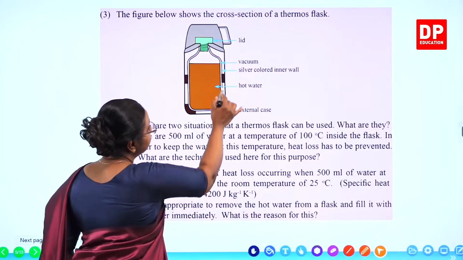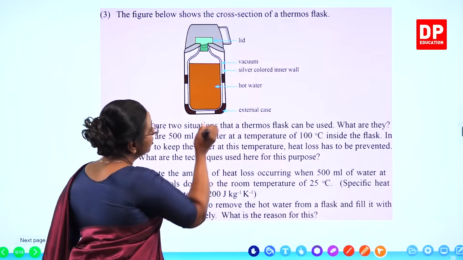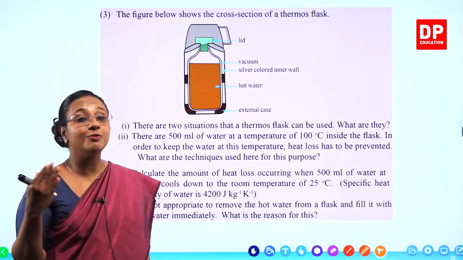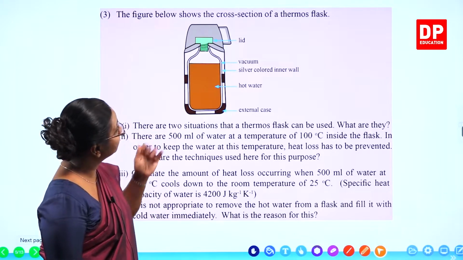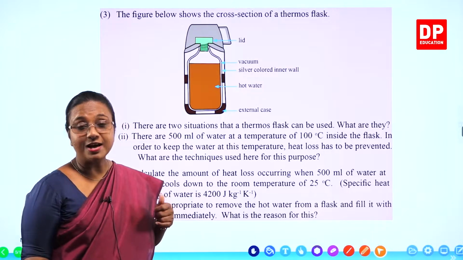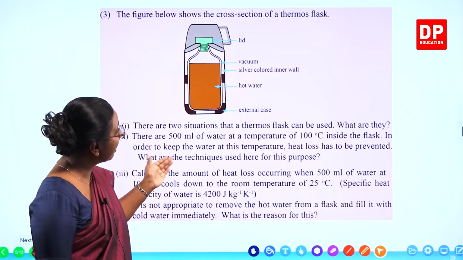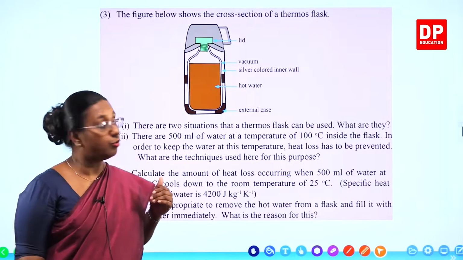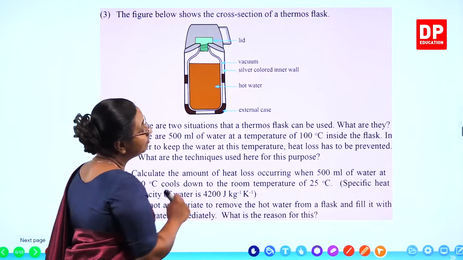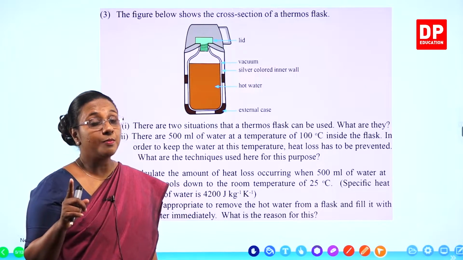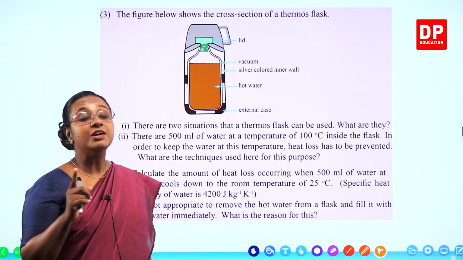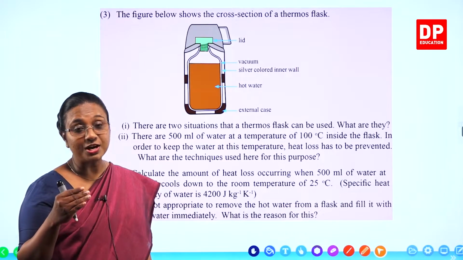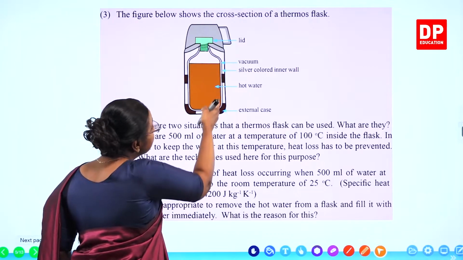And there is a casing, means there are two layers. So in between the layers, there is vacuum. That's why we call it the vacuum flask. So thermos flask, vacuum flask, both mean the same thing. Again vacuum, so that it doesn't easily allow heat to go out. We all know, students, normally through vacuum, it is only the radiation that takes place. But here, to prevent radiation, what do they do? They have a silvery shiny